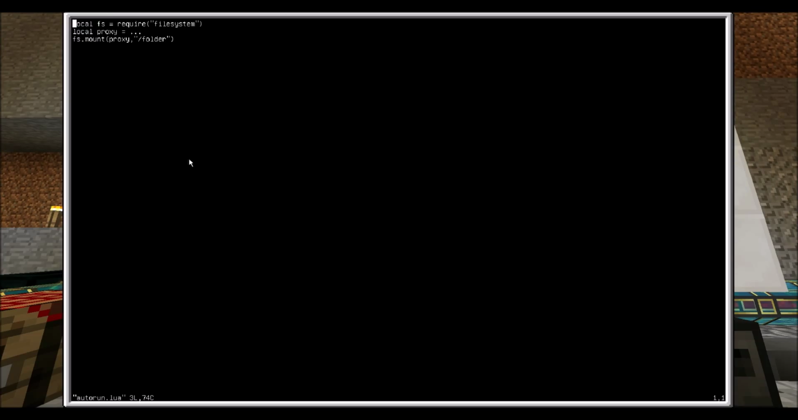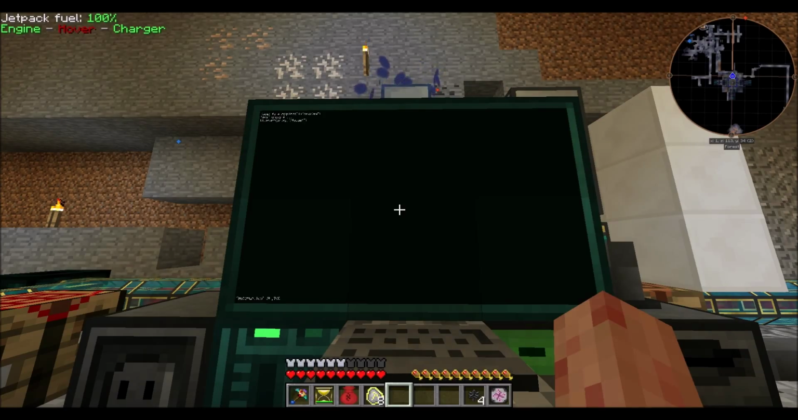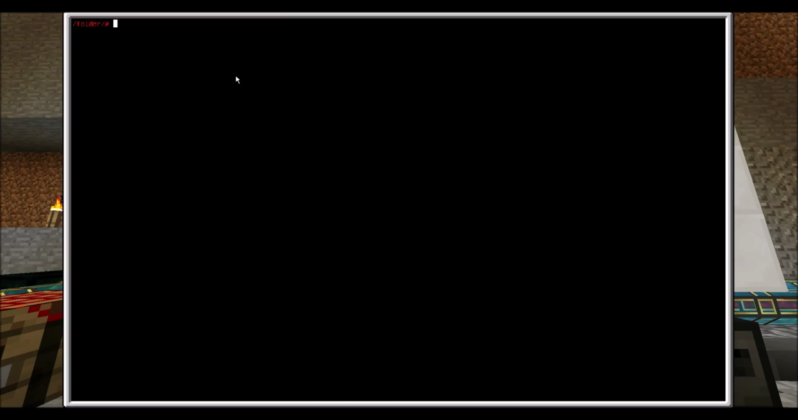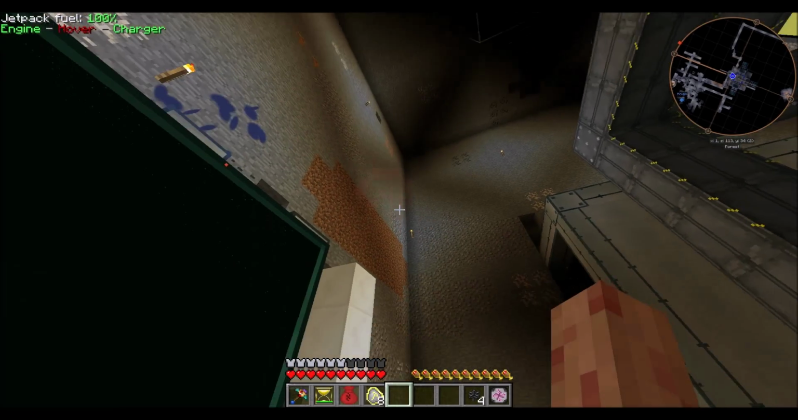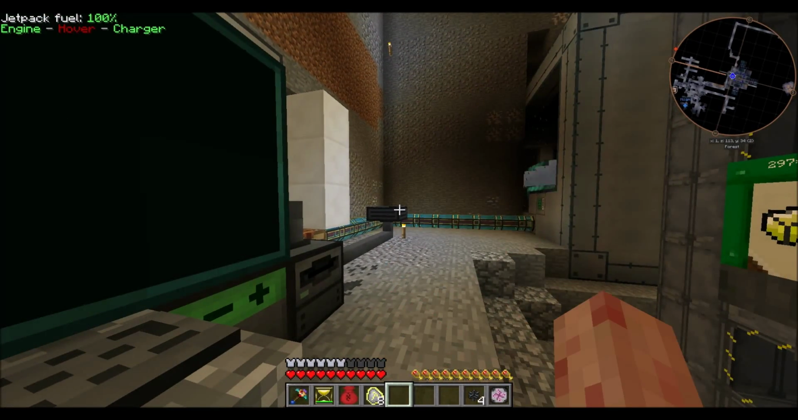So if you just put this in the autorun, and I'll have this in the description, then it will automatically do the folder. So if I go back to ls, we can try test. Ooh, if I edit test, pretty simple. So I played around with the